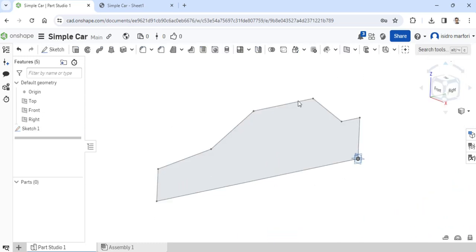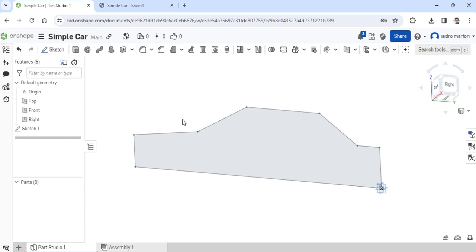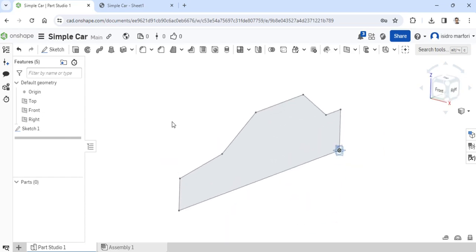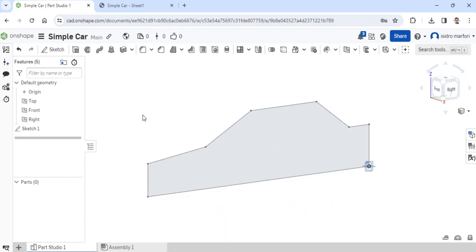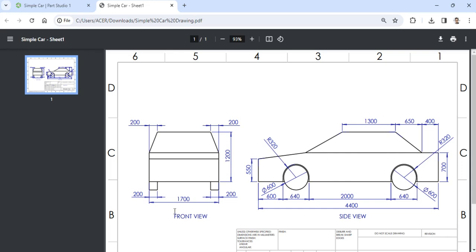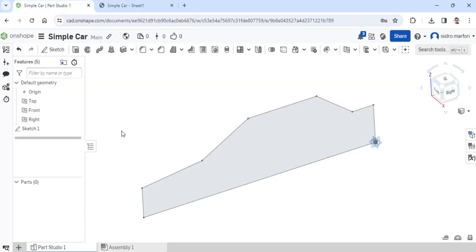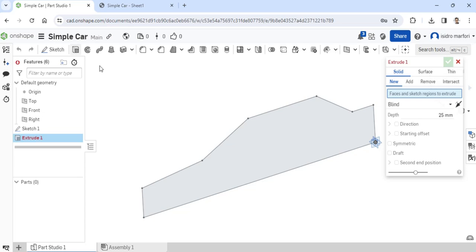All right. So right now we could start by extruding this. We will have to extrude it at, let me check, 1700 millimeters. The extrude icon is this one. So there's two ways to do this. You could select the extrude icon right away, and then you simply choose the profile that you want to extrude.